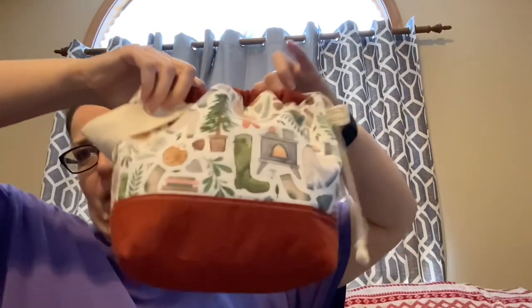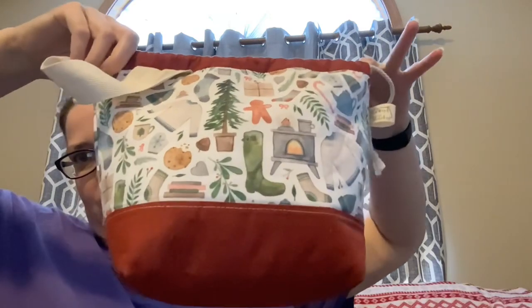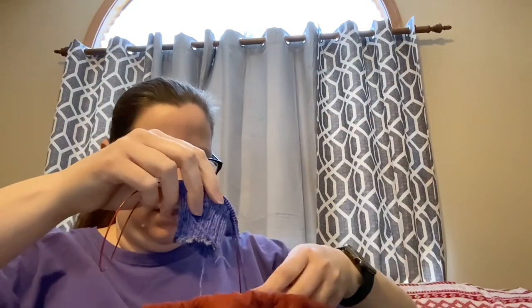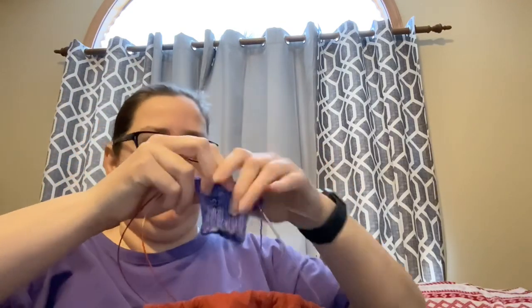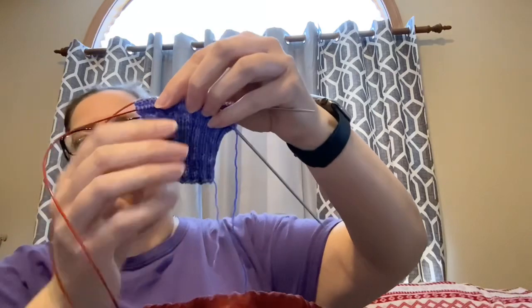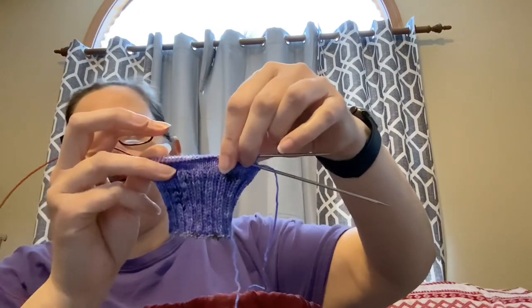All right, let's see. We shall talk about one in a Midwest Stitches bag. I have the second sock cast on for the purple irises. I'm on the leg of the sock, and that purple iris is by Momma Jess Knits. And then I also have in here